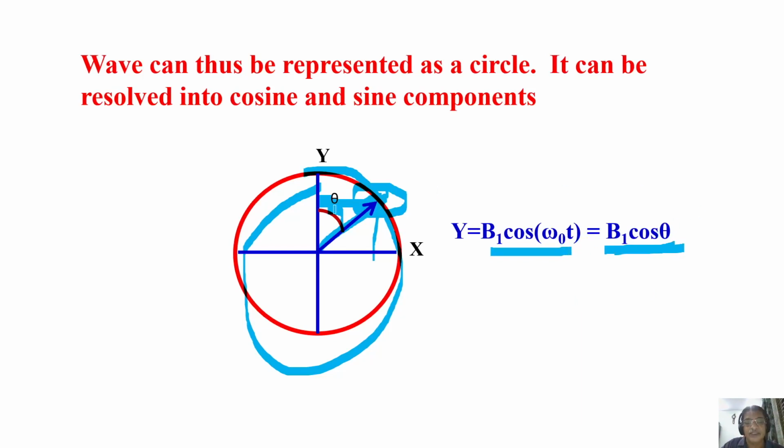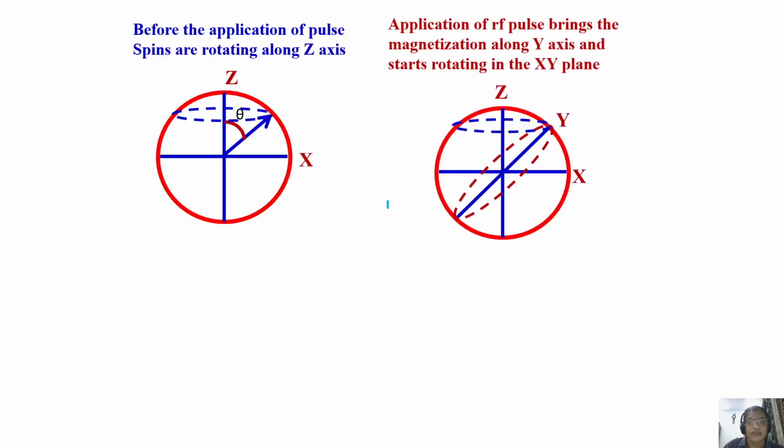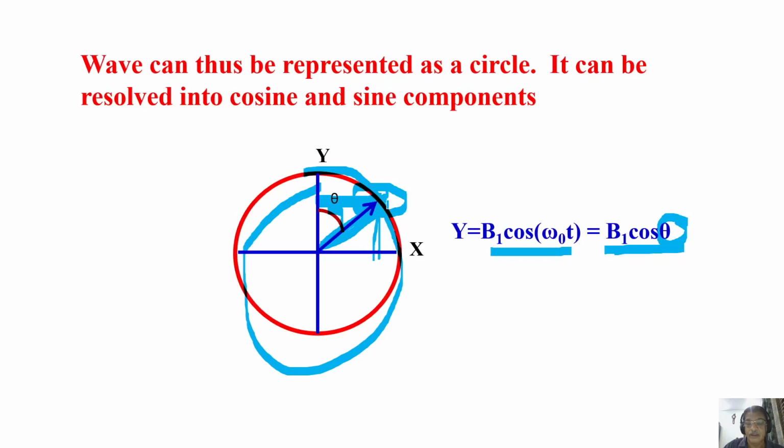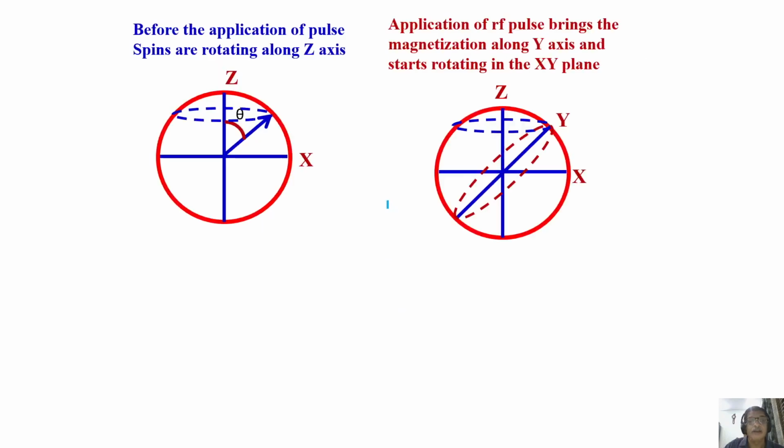Now what is happening to this one as a function of theta? When theta is equal to 0, it is here. When theta is equal to 90, it is here. Now you can find out the components. When theta is equal to 45 degrees, it is here. It is a vector. It resolves into this component and this component. So you can have both cosine component and sine component. I didn't mention that, but it doesn't matter. You can resolve them into cosine and sine components.